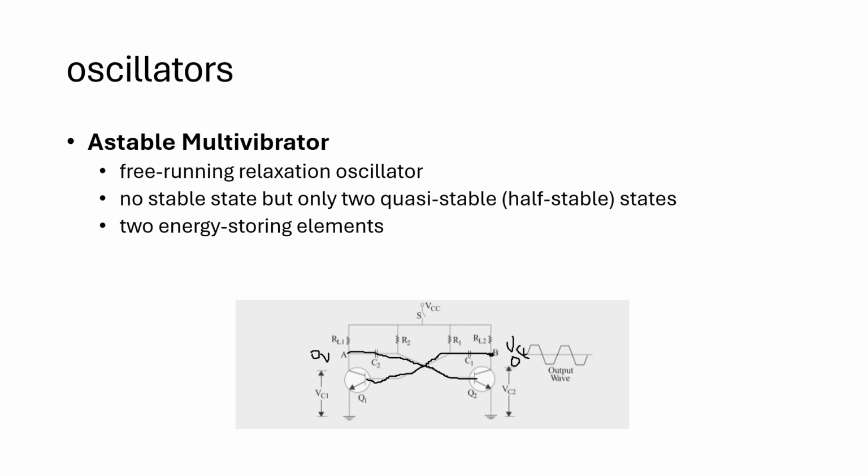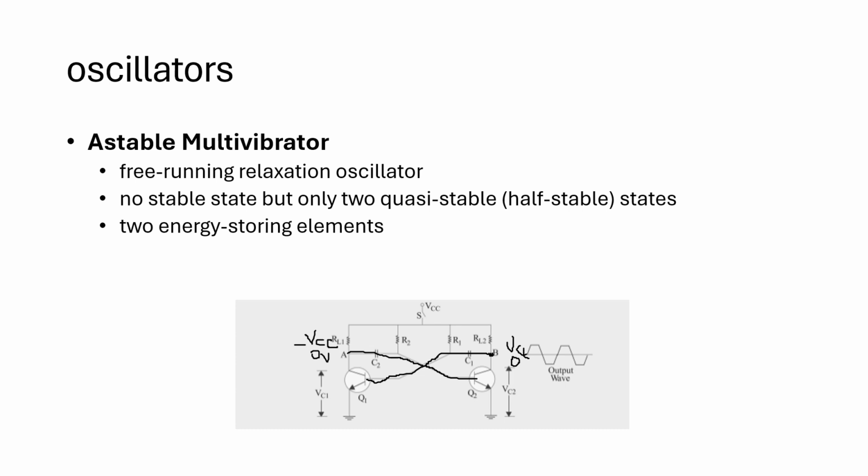This negative is being applied to our Q1, making your Q1 now into cut off. So Q1, from saturation, now becomes cut off. Therefore, your voltage at point B is equal to 0, and this time your voltage here is equivalent to VCC. But since it is negative going from VCC to 0, we have a negative output here, having an output waveform of a negative waveform. We get that at the output of your Q1. And again, the cycle continues.